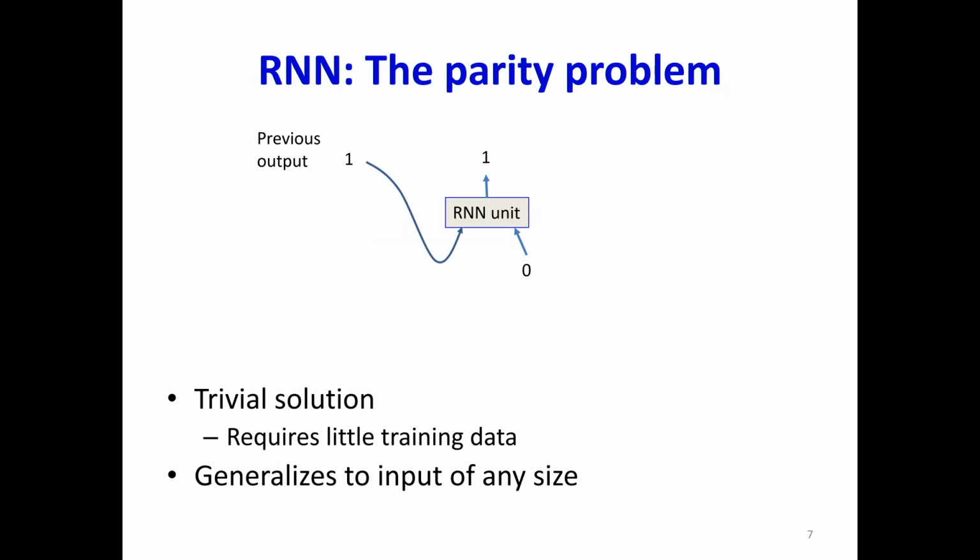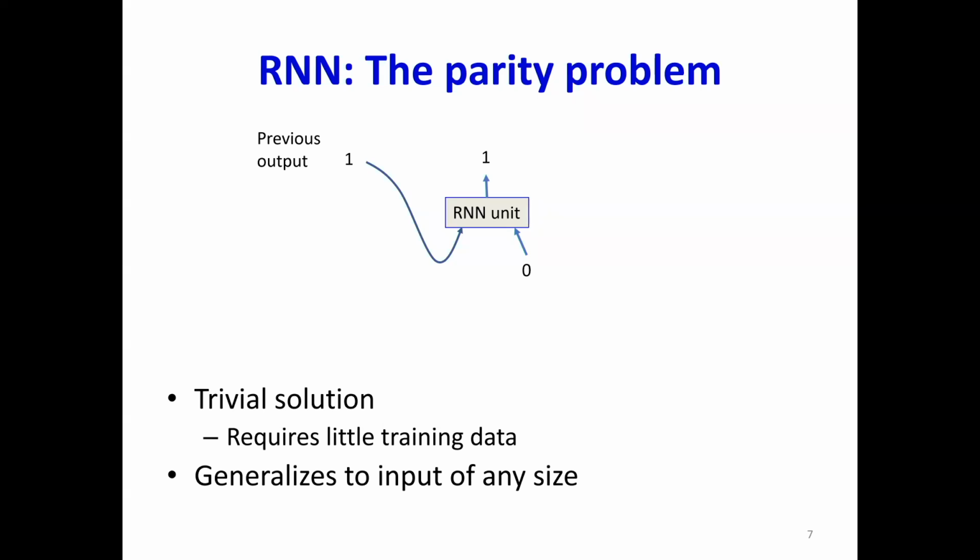On the other hand, if I do it with a recurrent network, this is what it looks like. I'm going to have one unit, and I have the previous parity. If the input is 0, the output remains the same. The output is always going to be the same as the previous output if the input is 0, and it's going to be flipped if the input is 1. That's a very simple thing. How many training instances will I need to learn this? 4, right? Or one sequence of 4, a single sequence of 4 bits will learn this.